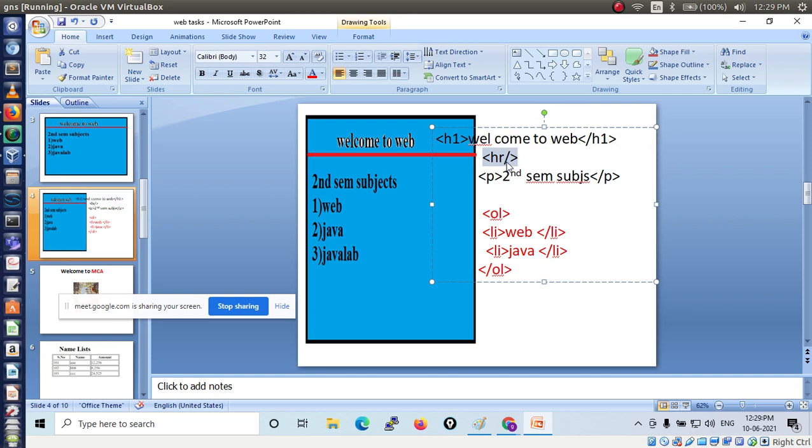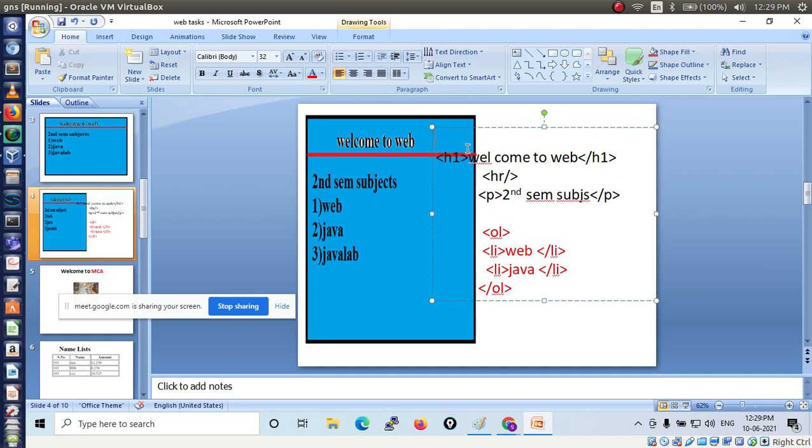This tag and the image tag, then the br tag, we have to use tags like this: image, br and hr. Okay. Now here I have displayed the background color as blue. So for that you have to write here body bgcolor blue. You have to write like this. So I hope you understood this concept.